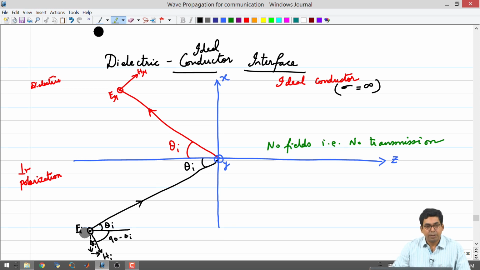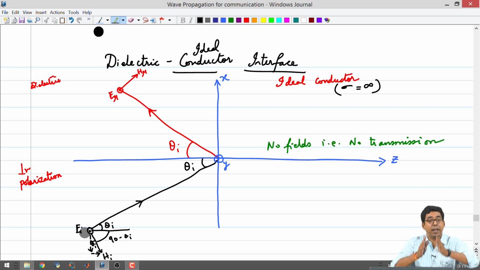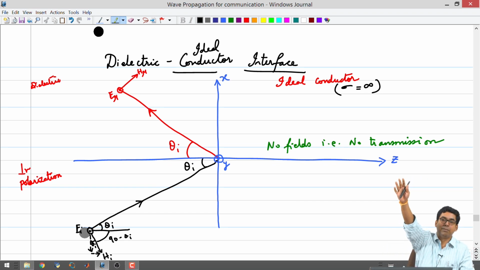The consequence of this is that the wave is going to be completely confined between these two plates. It is not going to be spreading everywhere, but the electromagnetic wave is going to be completely confined between these two plates. And if the two plates are going to a large distance in the x direction, the wave is also going to travel bouncing back and forth between these two plates and reaching another side.